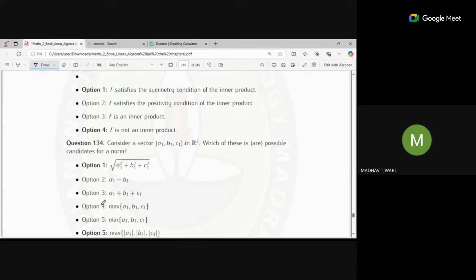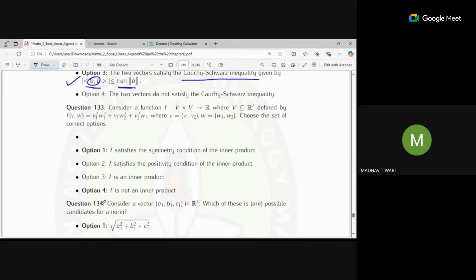Okay, three questions are remaining. V is given as a vector like this. You have to again check for the inner product things like this. You can check by yourself, because in this one the scalar multiplication will fail. If you multiply this V with C times, what you will get here is C square V1 square